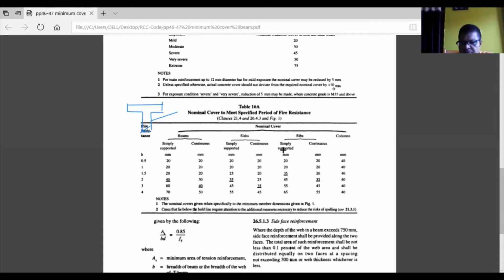So that is called rib. So for ribs and columns, depending on the type of structural component you have, the fire resistance requirement, and also whether simply supported or continuous, the minimum cover will be found here from the table, if you are going for the fire resistance design.